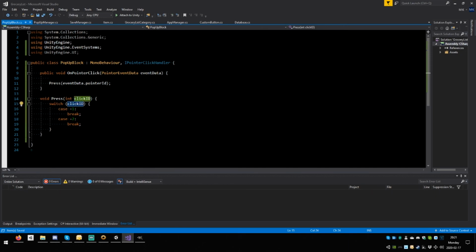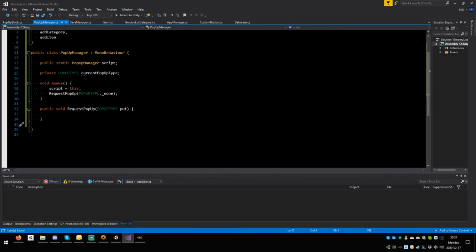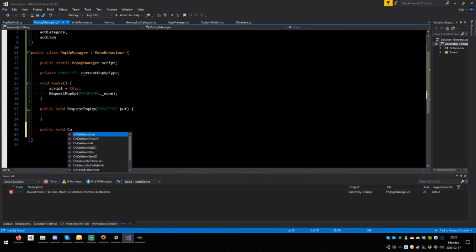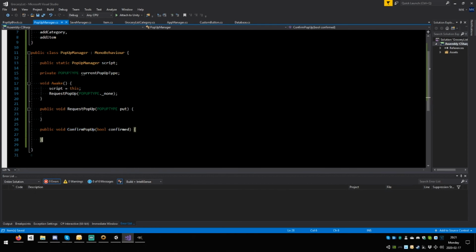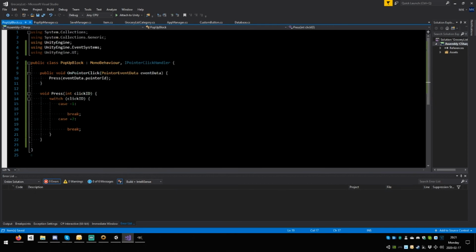Save. Okay, so case -1, that's confirming the thing, save. And case -2, save, is canceling the thing. So this one is going to be public void confirm pop-up, open round boolean bool, confirmed, close round, open a squiggle, save. Okay, so this one will be able to call pop-up manager